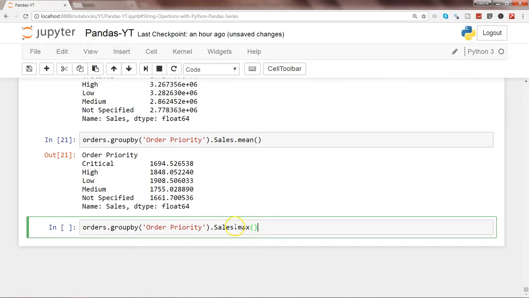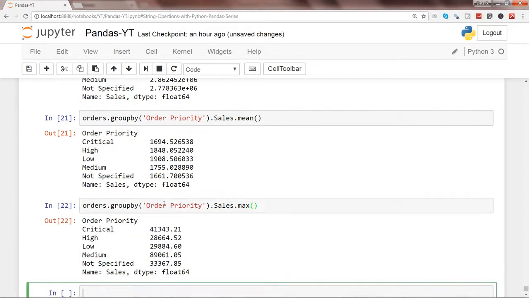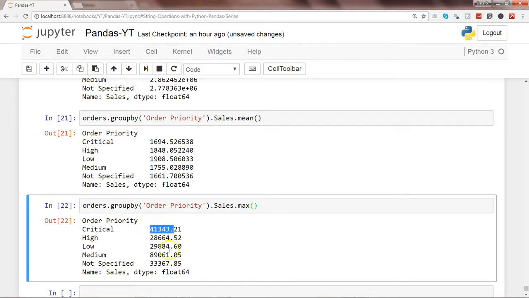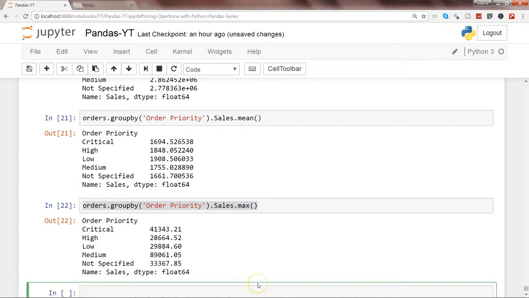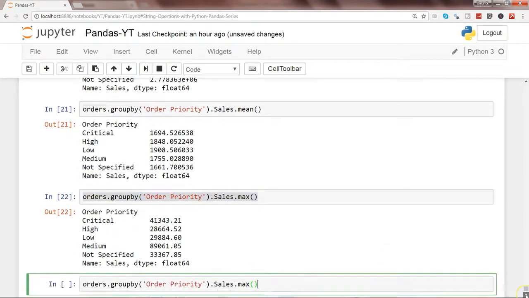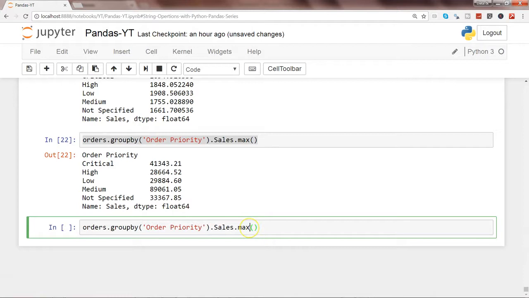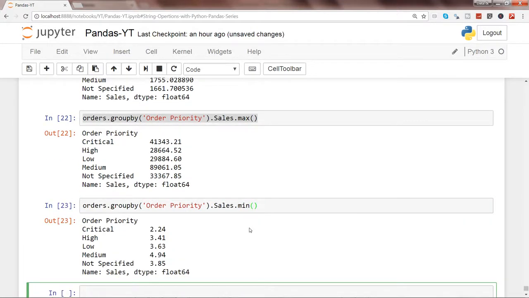By specifying max, you will get the maximum sales under each of the order priority categories. Similarly, if you need the minimum sales amount, you can specify min, M-I-N, control enter, and this is the minimum sales amount that has happened in that category.